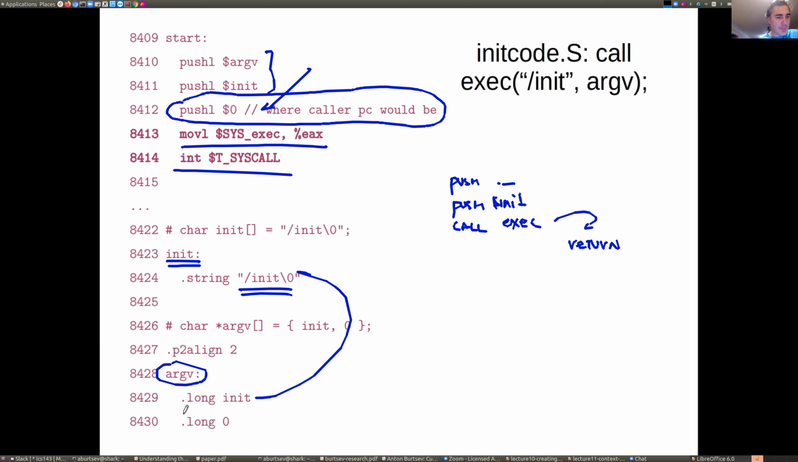And why do you have to put 0 here? Argv has to end with 0 according to some convention. I didn't know that, to be honest. No, but null termination of a string is this. This seems like a null termination of the argv array. I don't really know why you need to null terminate argv, because you are pushing